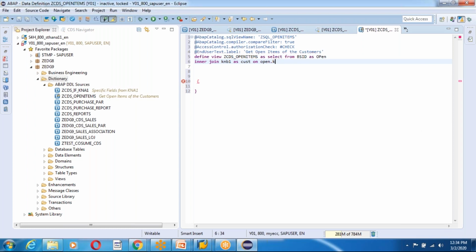or else I can use open of BUKRS, which is maybe I use KNB1, or else I use company code data guys. I don't use T001, and it's in company code data CCODE, and on open BUKRS, which is equal to CCODE dot BUKRS. Okay, now I'm going to select the fields from the two tables, and maybe you can use open dot